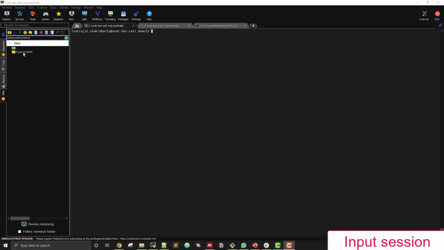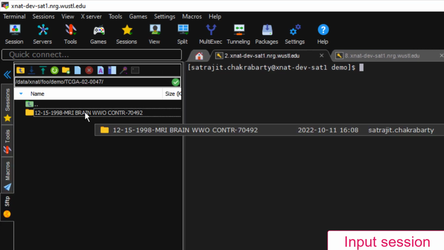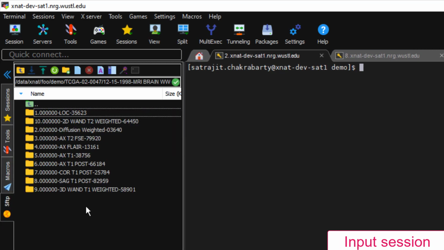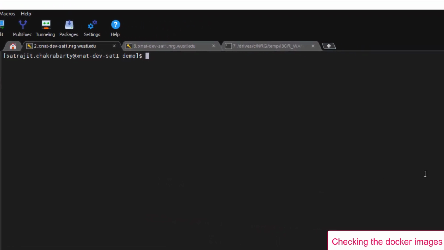So we have a sample session TCGA020047, inside which we have 10 different scans of a patient, and notice how the scan names have space in them. So the first thing we do is we check if the Docker images are present.